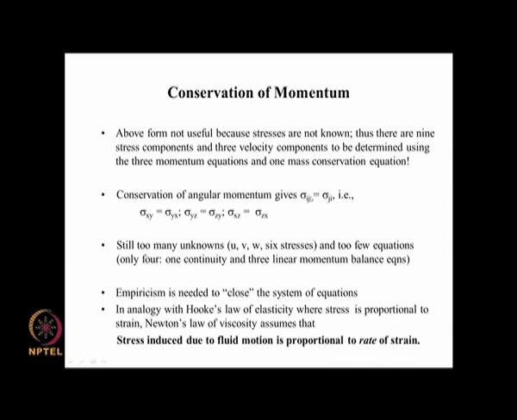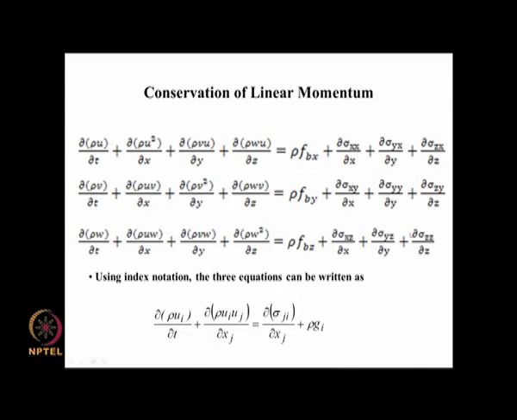You could do that, and if you apply it and go through it systematically, it gives you extra relations. It tells you that the stresses that we are considering here must be symmetric. So, that means that sigma ij must be equal to sigma ji. So, sigma xy is equal to sigma yx, sigma yz is equal to sigma zy, and sigma xz equal to sigma zx. This is useful because instead of the 9 components that you have here, there are only 6 independent components, because if you know sigma yx, then sigma xy is known. So, you can eliminate sigma xy and just keep sigma yx here. So, you have 6 components here.